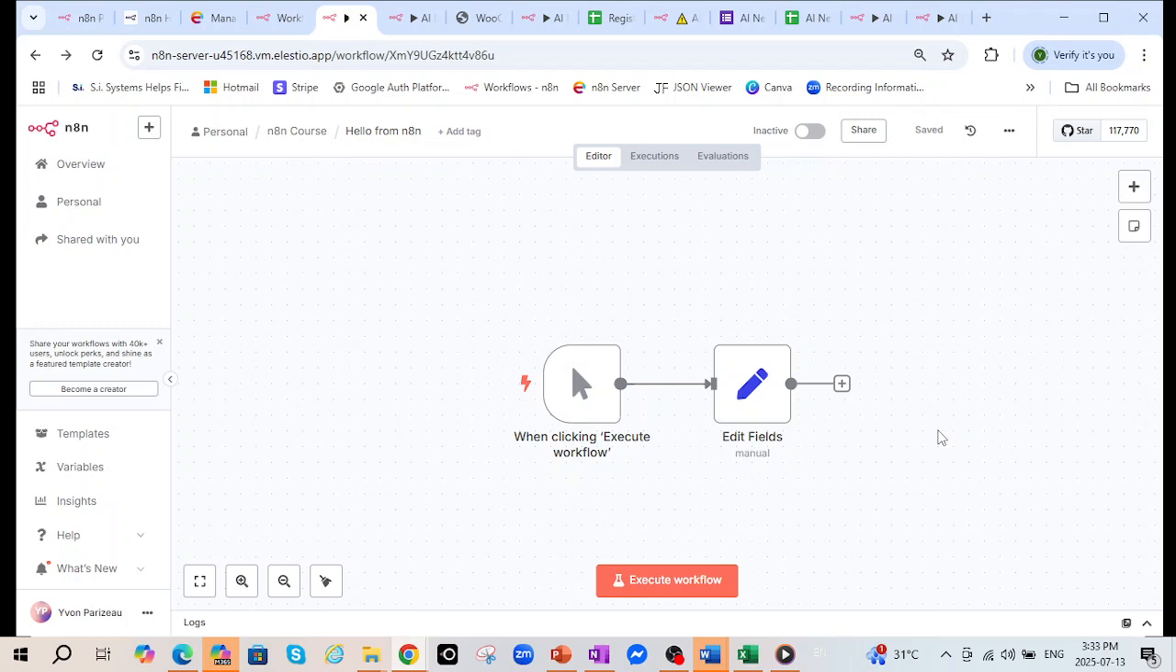Example, a simple test workflow. Let's create a test to see it in action. 1. First, drag in a node called Manual Trigger. This lets you run a workflow by clicking Execute. 2. Add a second node called Set. 3. In the Set node, click Add Field, choose String, and enter